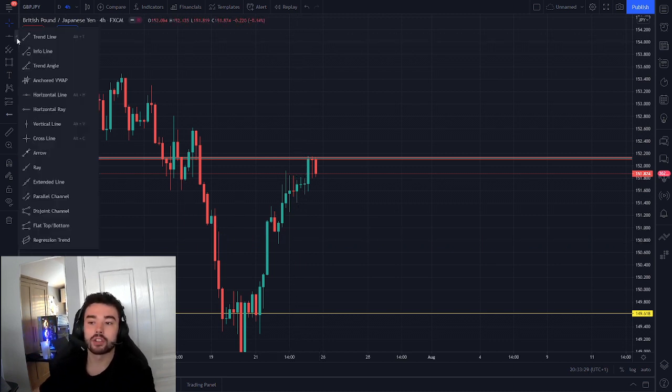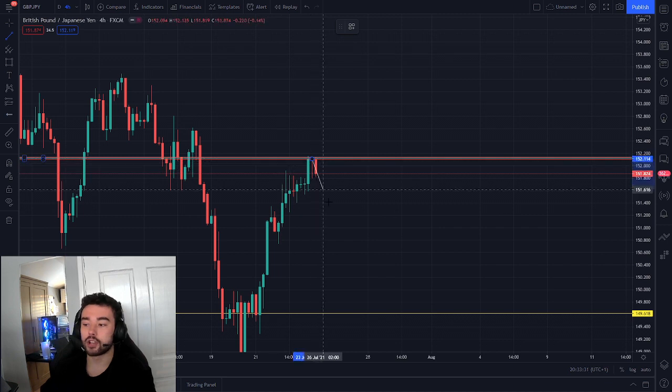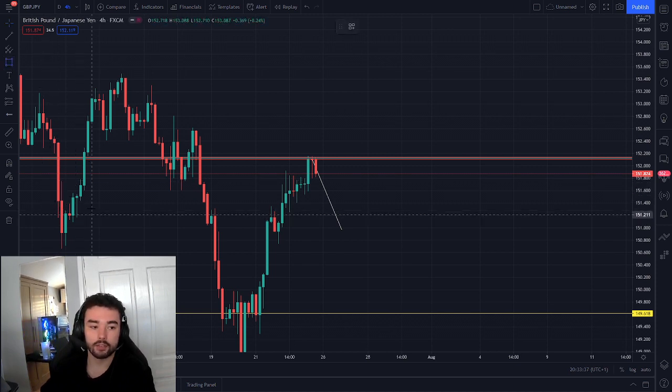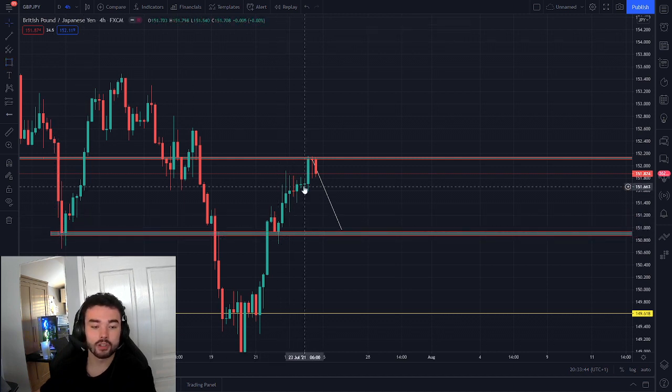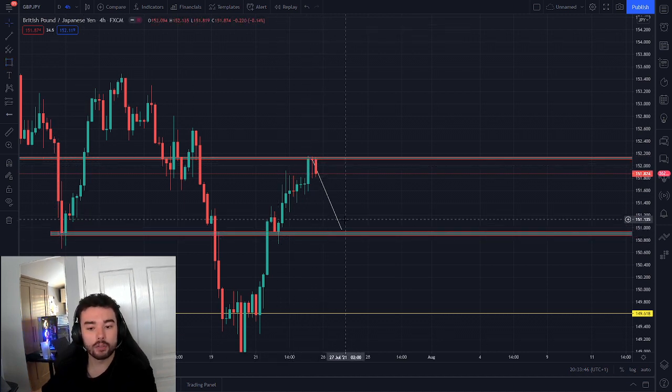So what we could actually see here is more of a close back down to these regions here, and the reason why I put it to here is because look at this. If we look left, you can see this zone here. This is where the next level support is, and this also matches up with here. So if we do get a 4 hour correction back to these zones here, it wouldn't surprise me at all,